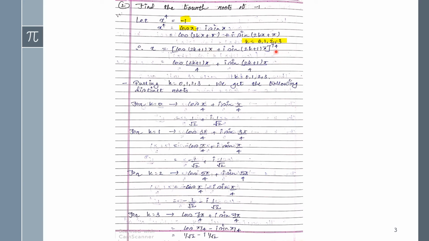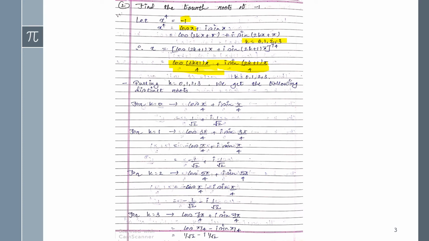Now applying the Moivre's theorem, and you know the theorem very well. I'm also highlighting this one. Here we have applied Moivre's theorem. You can see it is given whole raised to 1 upon 4th power, so that will be the n theta form. Suppose it is cos theta plus i sin theta all raised to n, then it will be cos n theta plus i sin n theta. In the same way we will apply it here.